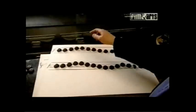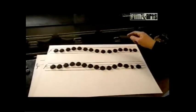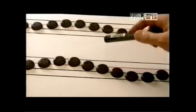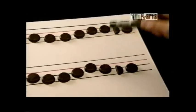La da dee la la la la la la la la la dee dee dee dee dee dee dee dee dee dee